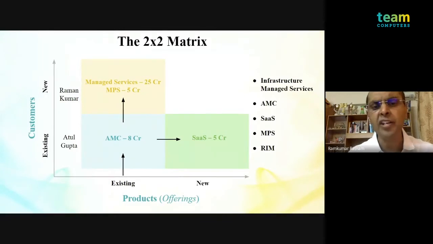Now, how do I reach out to him? Now, I need a holding hand. I need some leverage within the organization. So I leverage, once again, my existing relationship. I go back to Atul and tell him, hey Atul, I understand that Raman is responsible for managed services and we have a great proposition. Can you please help me connect to Raman? But that alone is not a professional conversation, because why should Atul Gupta introduce you? Atul has certain credibility, and he would obviously need to understand what is different about what you have, which gives him the confidence to introduce Raman.